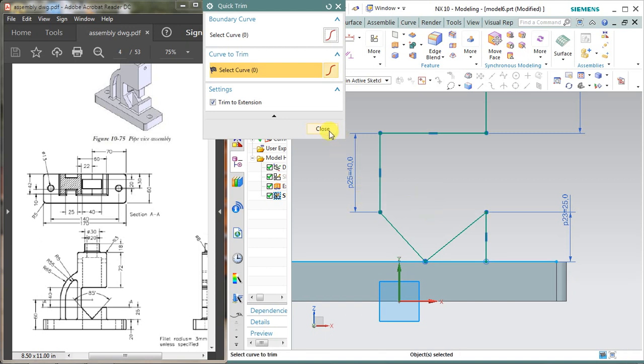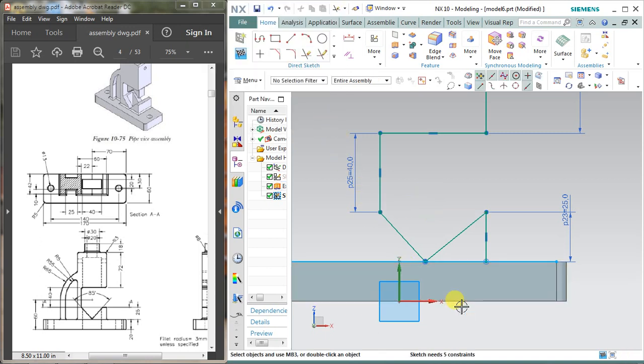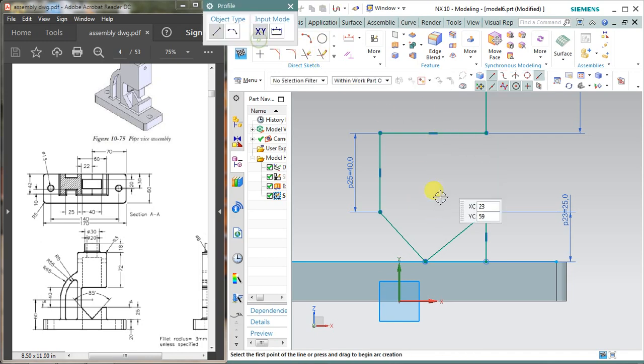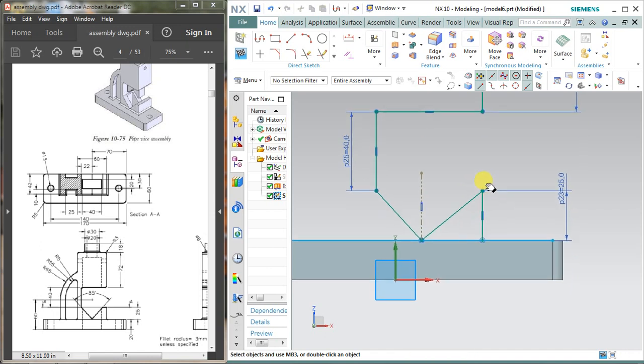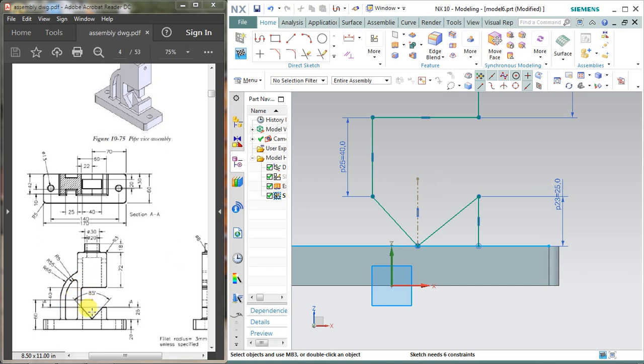Select trim. Okay. Now if you want to make this V section equal on both sides, the solution I have is to draw a center line, select it and convert it into a reference, because if you convert it into a reference, it will not interfere in your sketch. Now this V section is 85. You can give 85 degrees to this V, or you can give 22 on either side of this V section, so it is up to you. So I am giving 22 on each side.